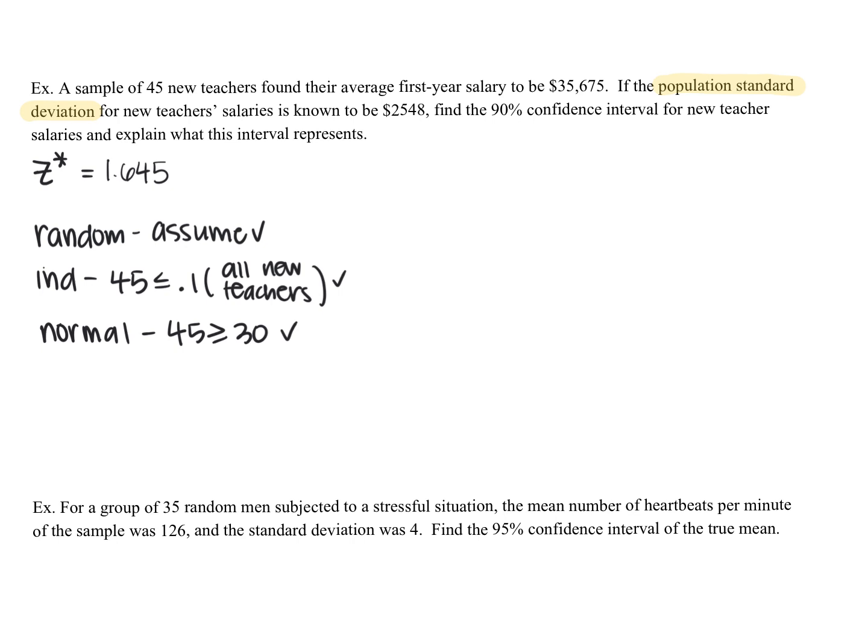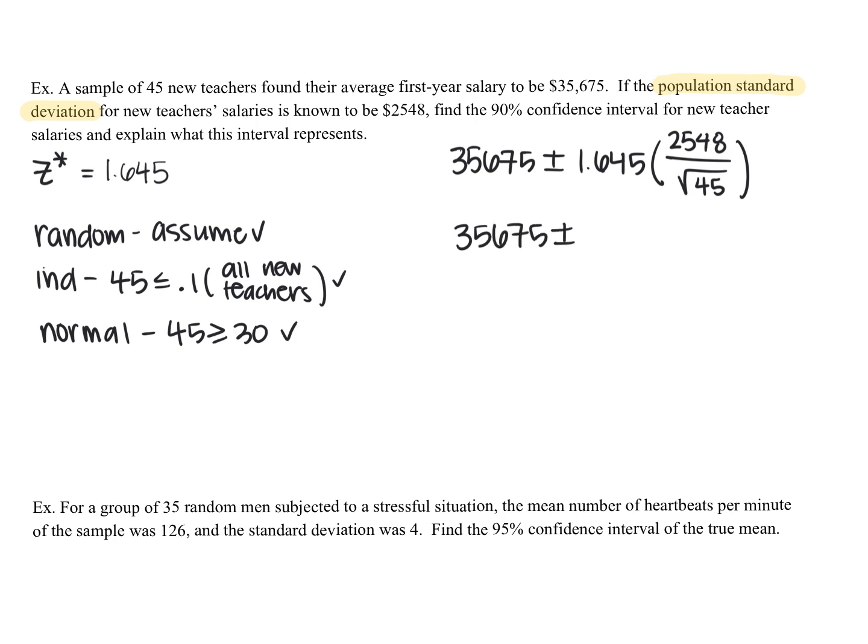So now I'm going to go ahead and plug everything into my formula. I start with my mean, 35,675, plus or minus my critical value, 1.645, times my population standard deviation, 2548, over the square root of n, which is 45. So I do 1.645 times 2548 over the square root of 45. We're going to end up with 35,675 plus or minus